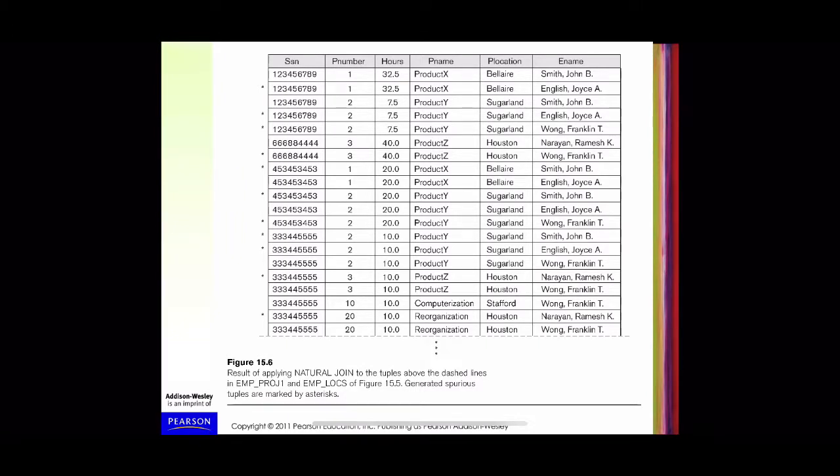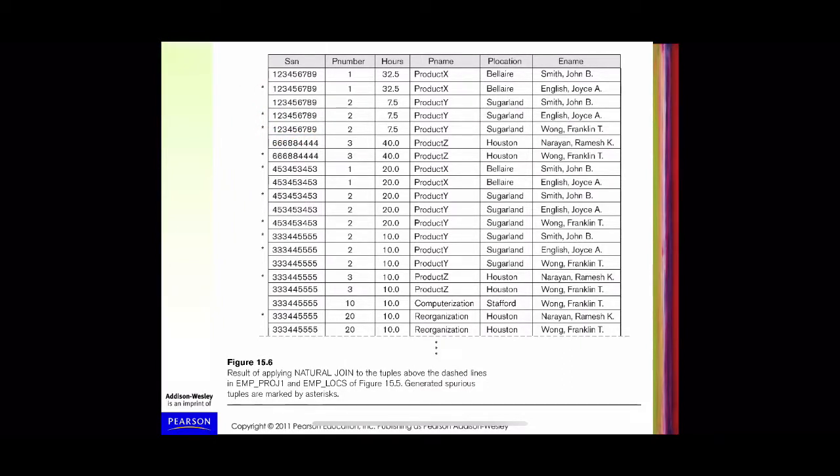A lot of other tuples are also there. For space concern, we are showing only a few entries here. And all those tuples which are marked with star are actually not present in the original relation, our employee project relation. So this produces some undesired results in the natural join. See, a lot of other unwanted or undesirable results are there. These are called spurious tuples. All these star tuples are spurious.